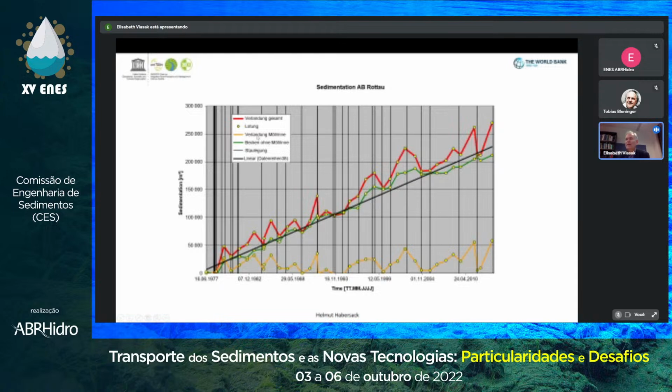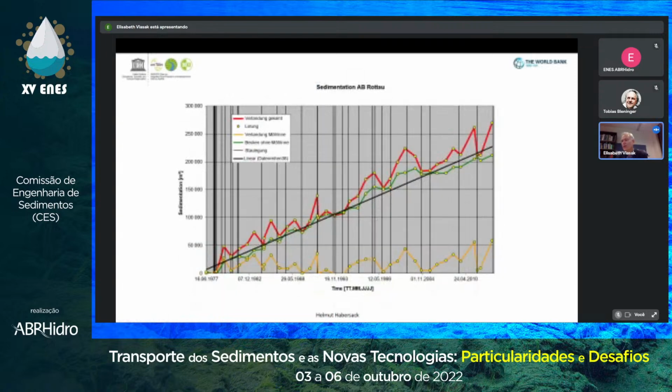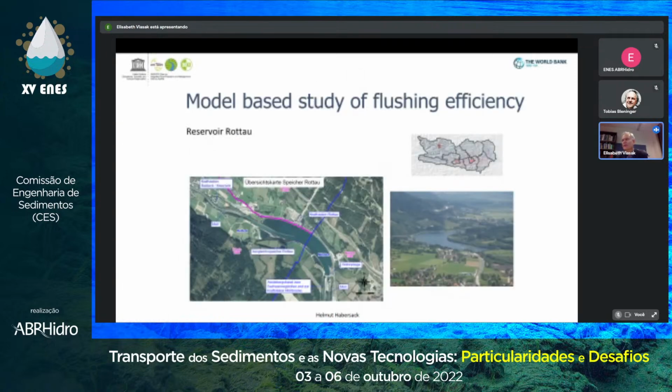And what you have here is, let's say, for the orange line here, you see no sedimentation over time. This is this canal, more or less a channel in the reservoir. There's no sedimentation here. Of course, you get sedimentation there, but for the coarse material, you get the sediments through with such a configuration. This is just a picture where it is. You see the guiding wall here.